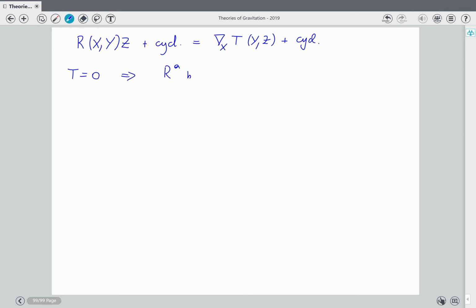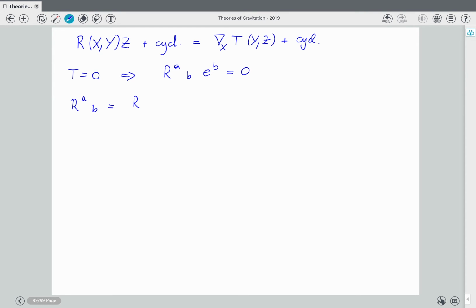R^A_B wedge E^B equals 0. Now R^A_B is a two-form. Since R^A_B is a two-form, it can be expanded in a basis of two-forms. And